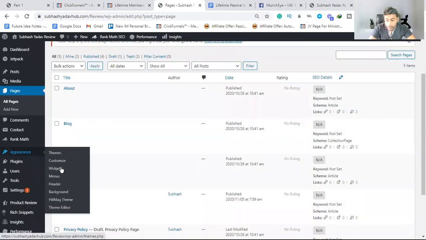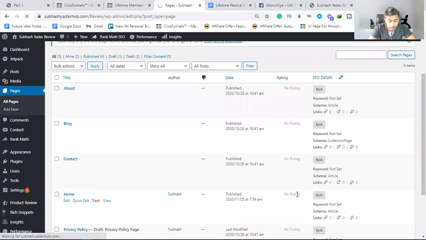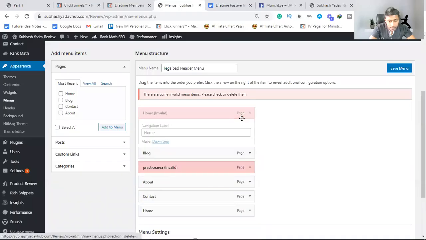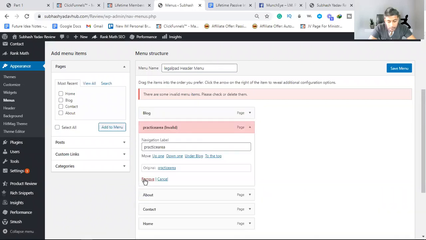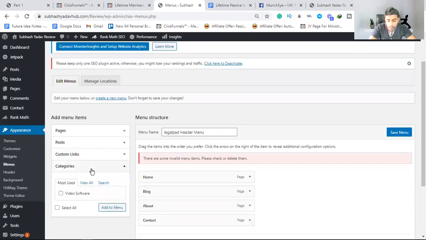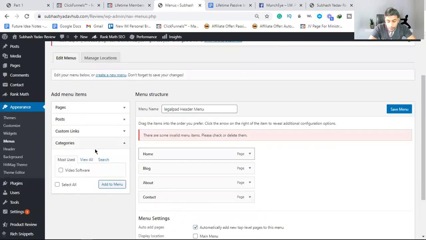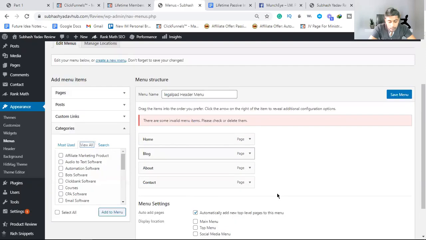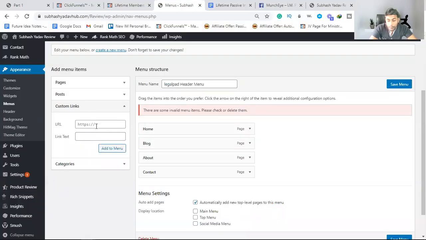So simply click on here and click the menus, and delete. I need to delete this. Okay, and put home page above, and here you just add some videos and click on here and create a new one.